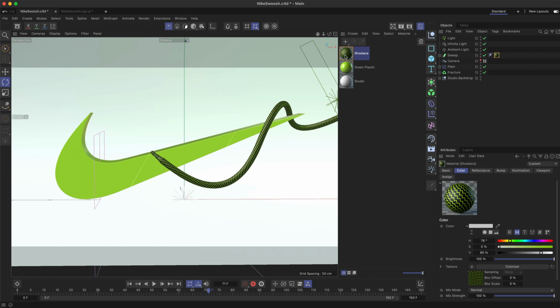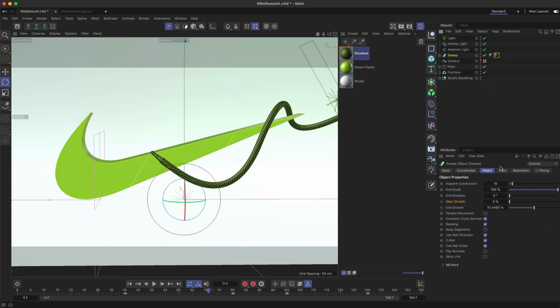So there we go. So far, we have created our plastic, our backdrop, and this nice shoelace texture here. However, we've got some issues going on with our shoelace toggles, and we want these to be a green plastic. Well, I want them to be a green plastic. And so how exactly do I do that? Well,